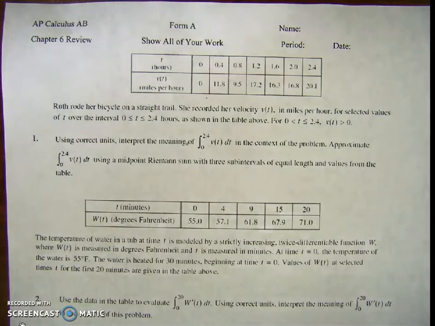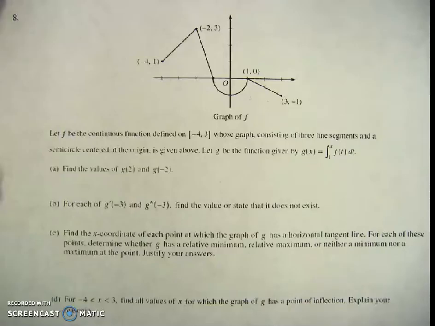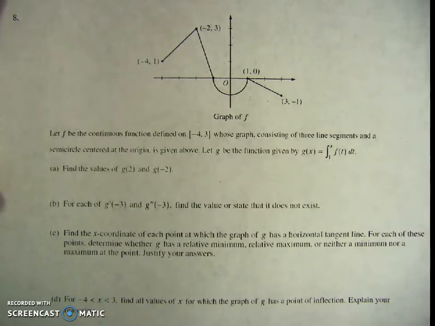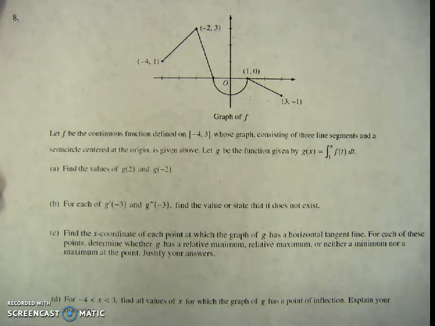Hi, I'm going to go over problem number 8 from your chapter 6 review. So you're given the graph of f, and it says let f be the continuous function defined on the closed interval from -4 to 3, whose graph consisting of 3 line segments and a semicircle centered at the origin is